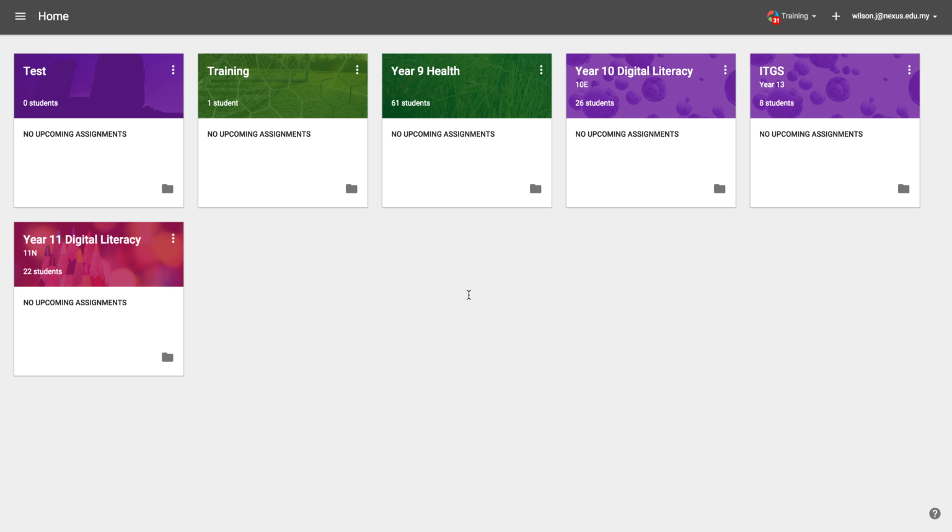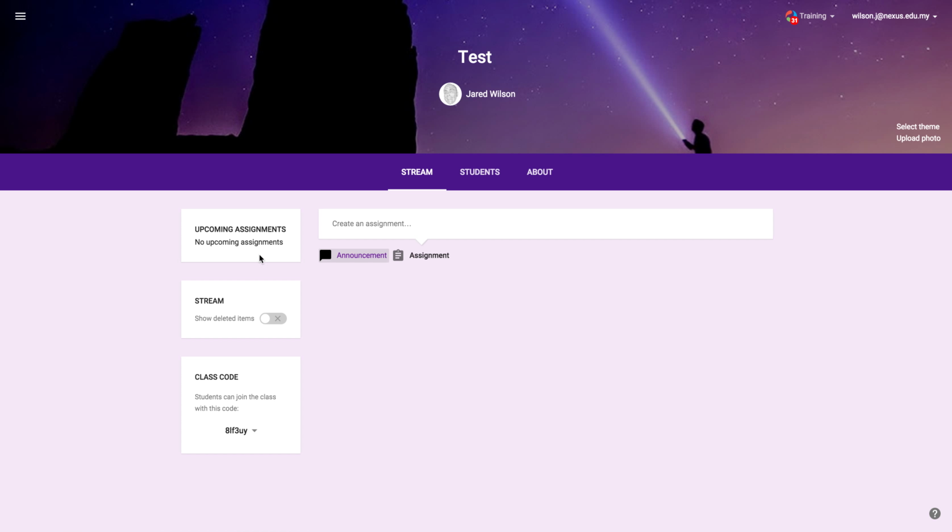I'm just going to show you briefly now how we can use Classroom to set assignments for your learners and to send messages to them through the Classroom dashboard. So I have my class set up here already, so I'm just going to go into there and you'll see that there are two options. So this page is called the stream. I can see any upcoming assignments here and also the class code again, which I referred to in the last